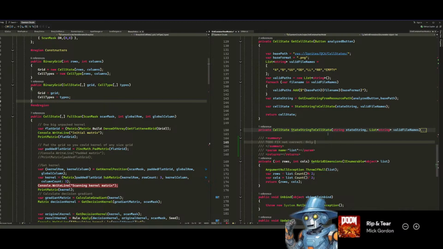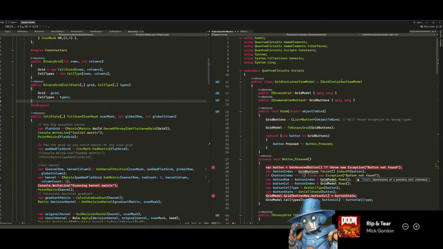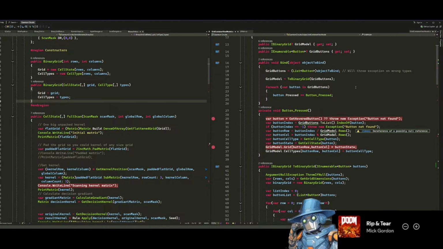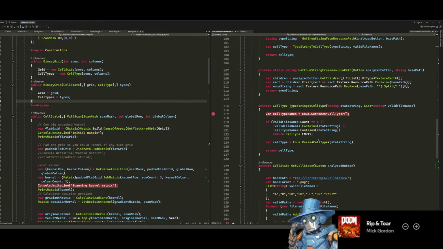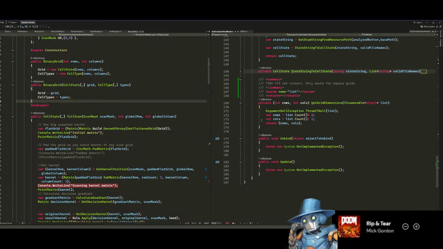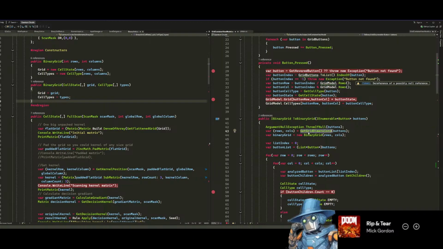It only works for square grids, which in our case definitely can be not square. So which means I need actual dimensions. Binary grid. Wait, where is it even used? Get grid dimensions. Here